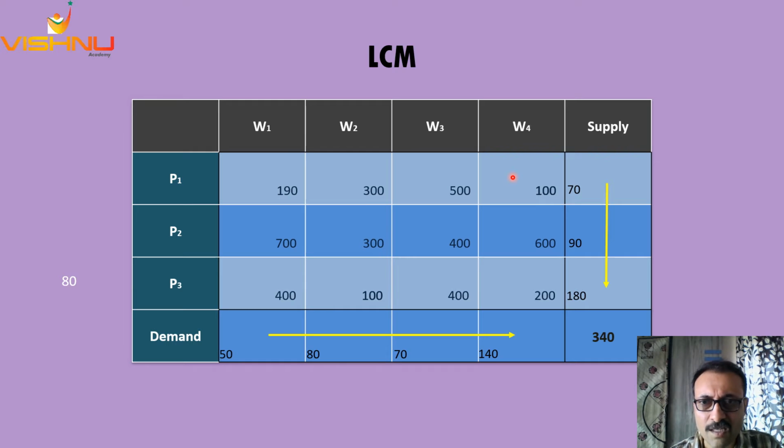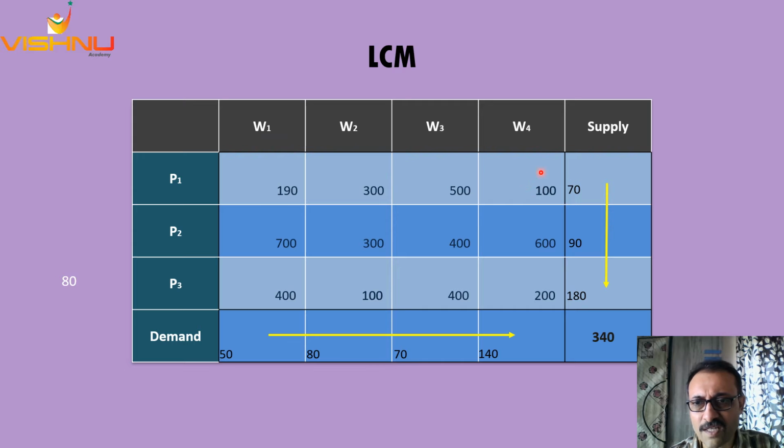But obviously, every company, as we have discussed earlier also, wants to keep their cost to the minimum and maximize their profits. So if we have a cell on hand which has the least cost, any company would want to transport the maximum possible out there. Clear? So the maximum possible is 70.